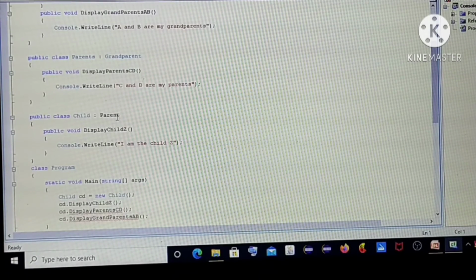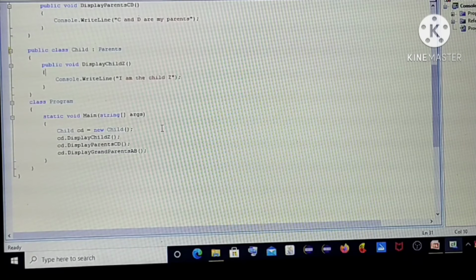It is inheriting the features of the parent class. With respect to class child, which is the last class, there is a creation of an object.